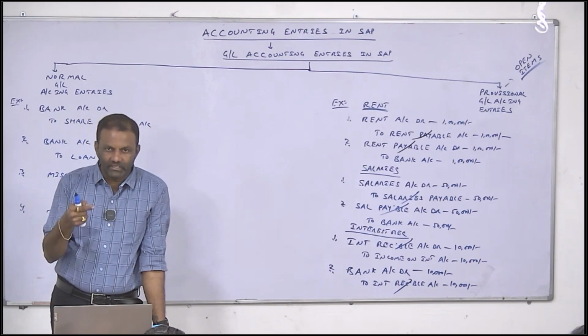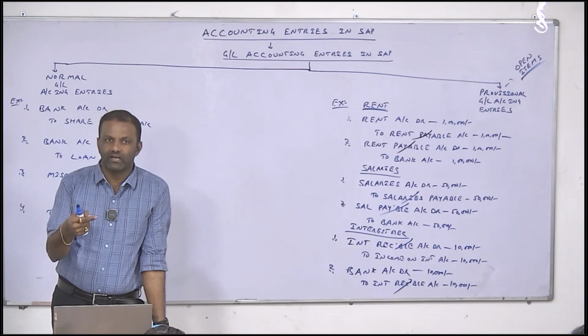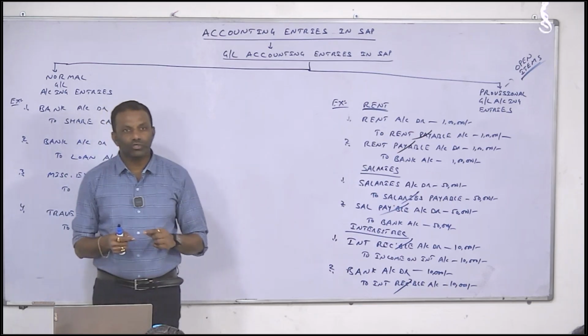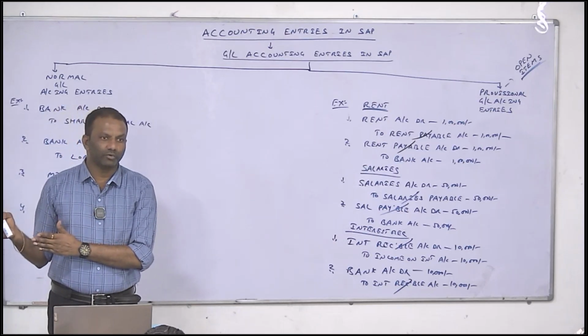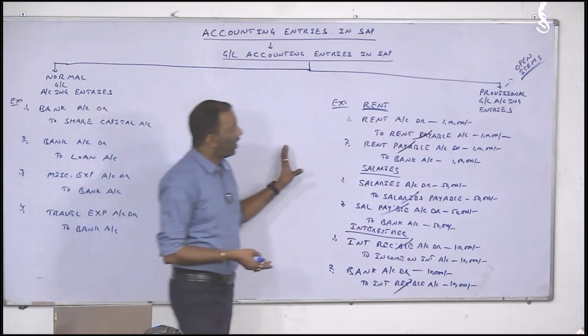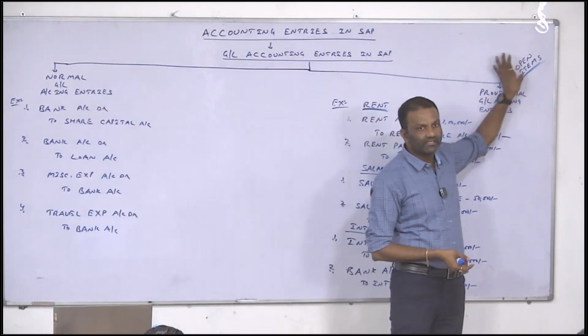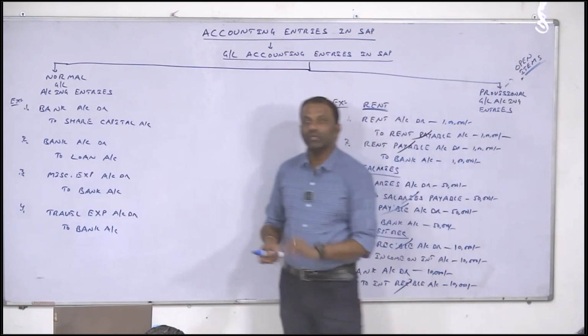So whenever you create any GL as an open item, what should the user do? The user should knock off the balances at some point of time. Those types of GLs, how will you activate? You will activate as open item GLs.